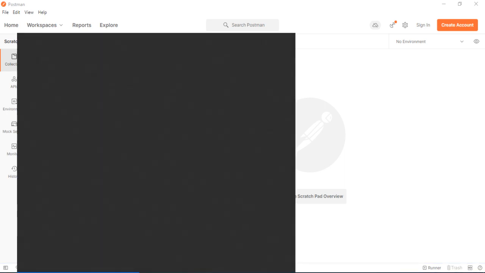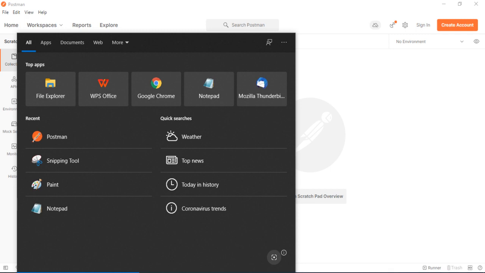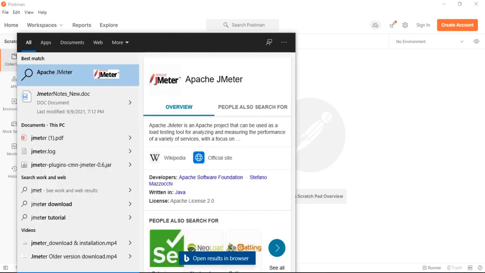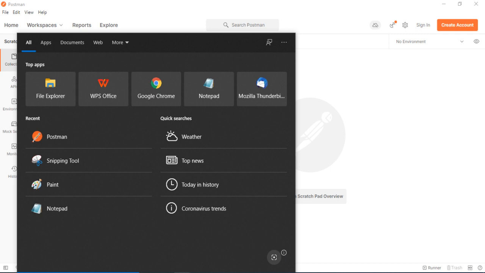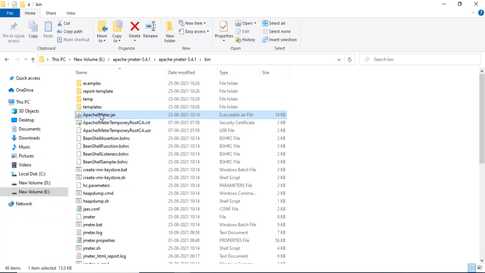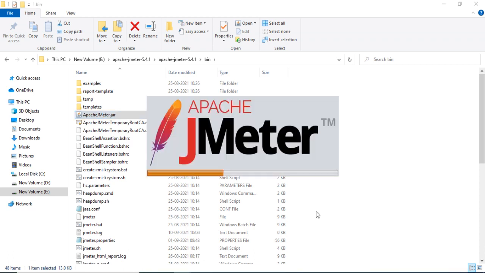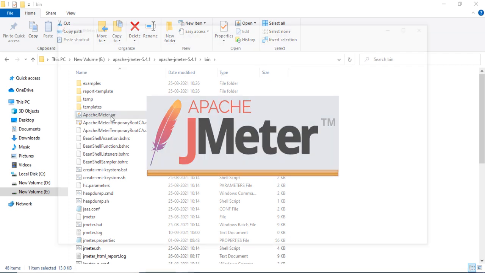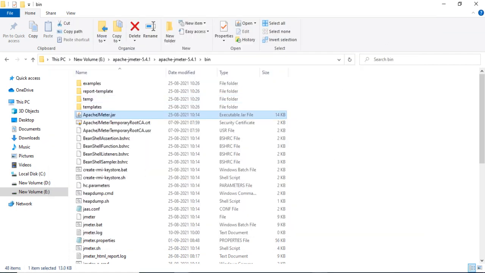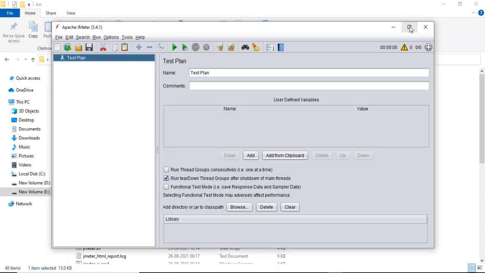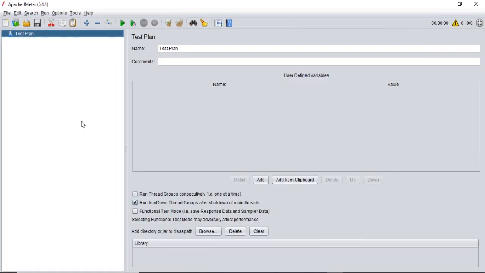Okay, let me open my Jmeter. So I have opened my Jmeter here. By double clicking on this Apache Jmeter jar, that will invoke the Jmeter. You can see the user interface here. Now I'm testing the APIs of my project based on my requirement. Okay, so at that time,